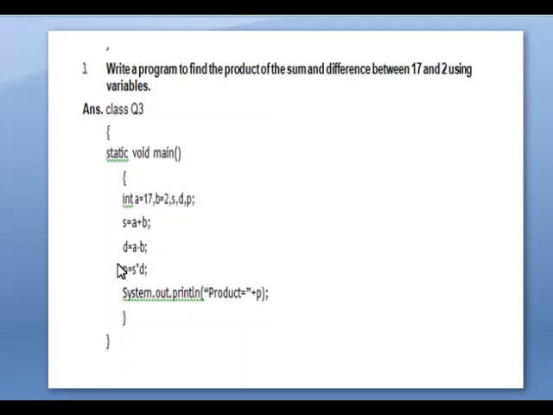Then product equal to the product of the sum and the difference. Okay, not the product of the values. We have to find the product of the sum and the difference. So s into d. Now we are going to print the value of product. So System dot out dot println of, here the S of System is a capital letter, product equal to plus p. Okay, then close all the two curly braces. Okay students,